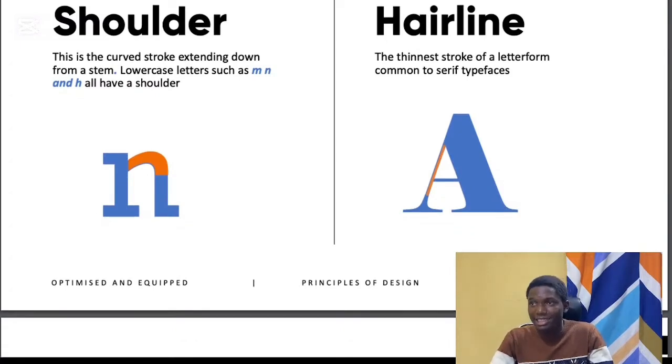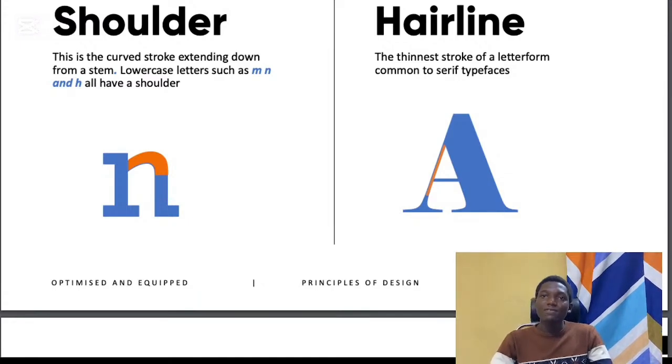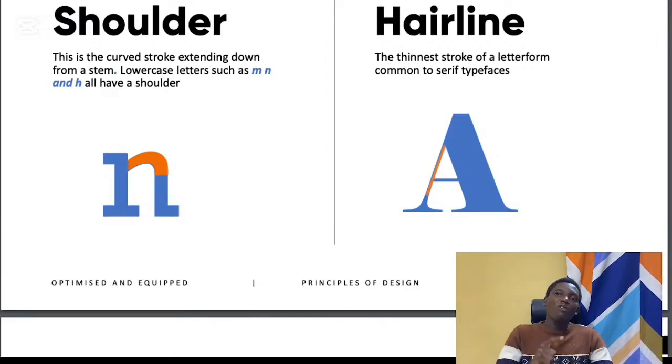Let me briefly talk about the shoulders and the hairlines. I see that they are more important. These shoulders and hairlines depend on the type of font you are using. If you are using a sans serif font, notice that you get to see fonts like this. If you are using a slab serif, you notice that the strokes are thick, and in all edges they have the same diameters. To understand the hairline, it is the thinnest stroke of the letterform. And to understand the shoulder, it means the curved part